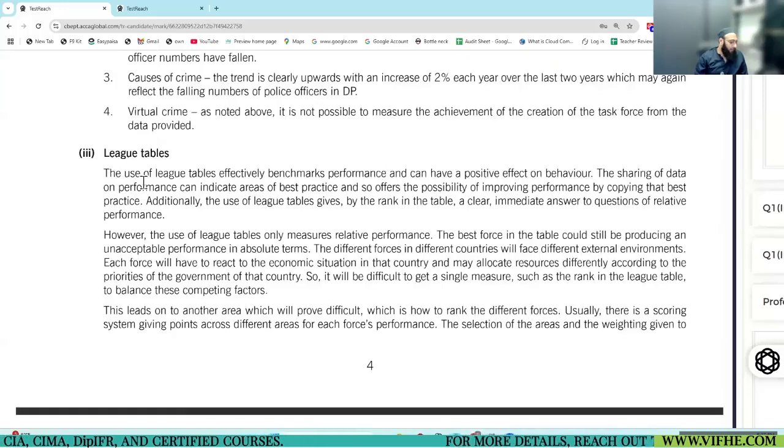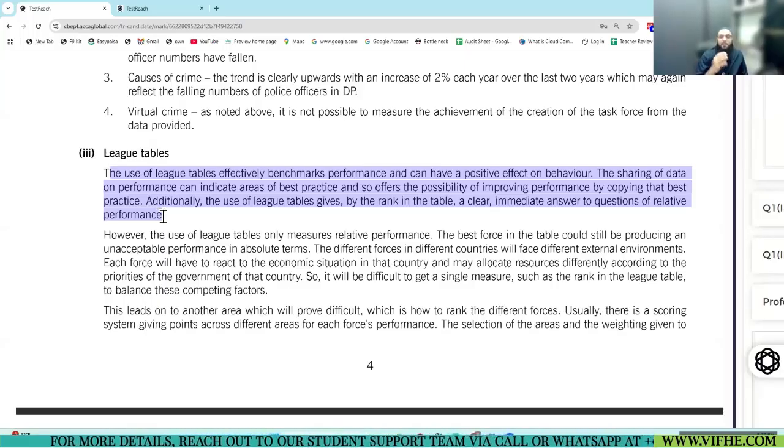First, the answer will mention the general benefits relating to police service of a league table.